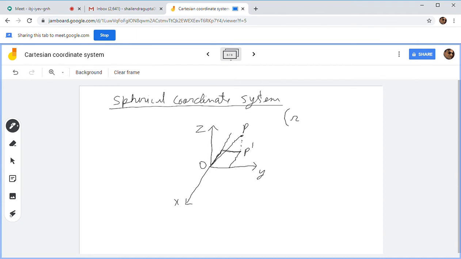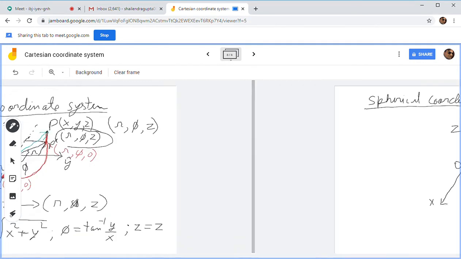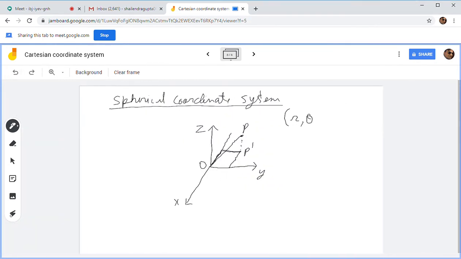Then the second dimension is your theta, and the third dimension is your phi. Sorry, I have defined this wrongly. Let me define this as phi, as well as theta. This will help you in understanding. So the second dimension is phi, and you know phi. Phi is the angle taking the x-axis as the reference. From x it starts, at the x-axis it is 0, and the third dimension here is theta.